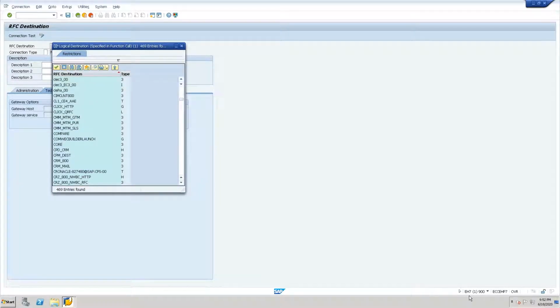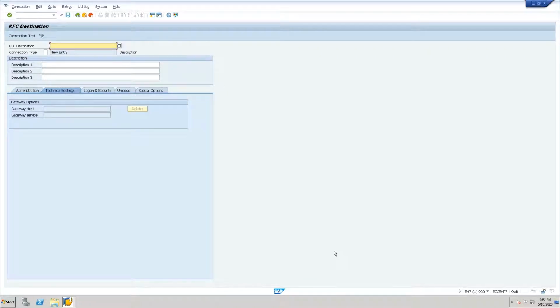This is the EH7, you can see. So let me connect to the EH7 800 system. So SID is EH7 800. This is the 900 client, and I wanted to connect with another client. So SID, CLNT, 800 system. Okay.